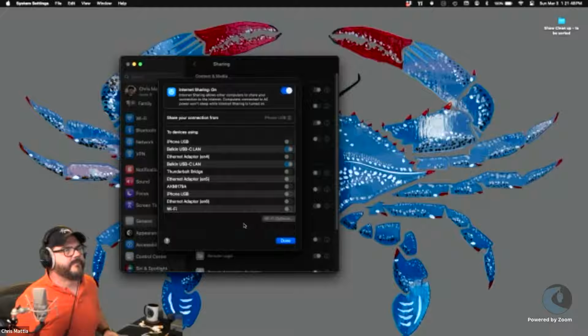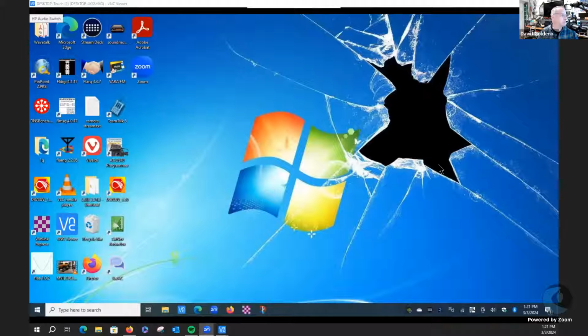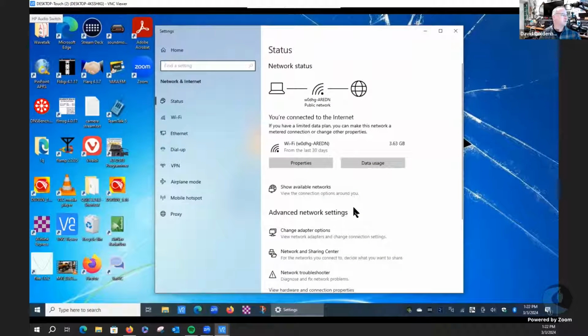Yeah, absolutely. I can show everybody here. So I'll jump over to my Windows box here. And much like Chris showed you on the Mac, you can do the same thing on your Windows box. You'll want to start out with your network connection, and you can, again, share a wired or wireless network connection. You'll go in and open up the network and internet settings. And there's actually two ways to do it here in Windows. So one is I'm going to open up